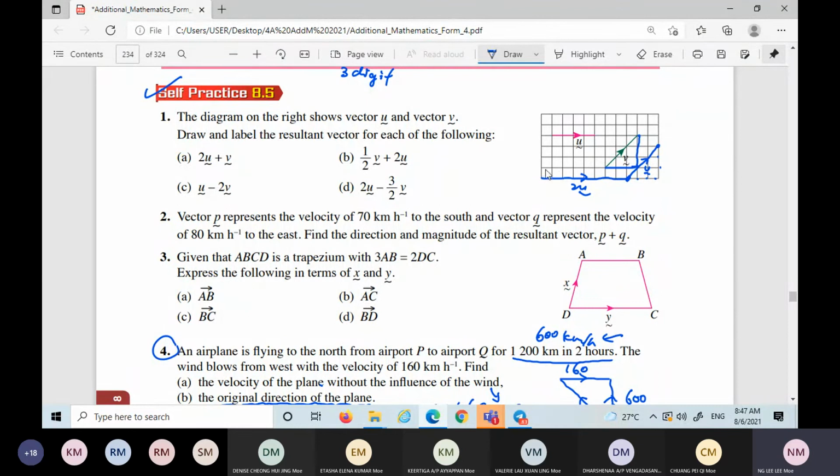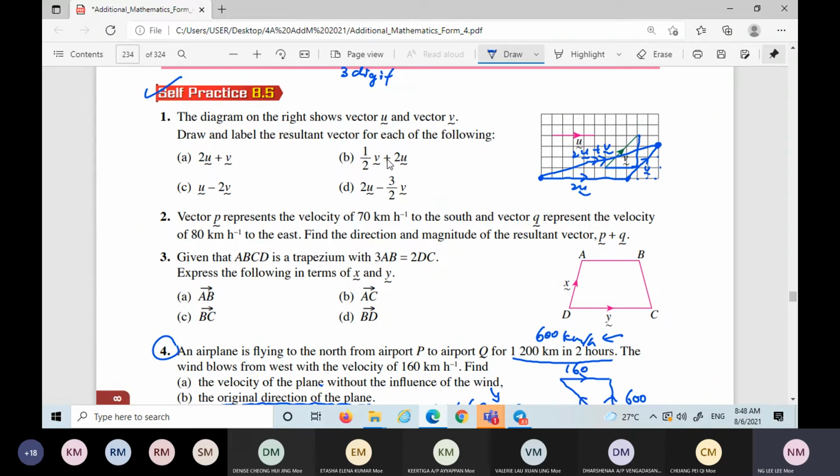So resultant vector will be starting point of the first vector to the ending point or the terminal point of the second vector. So from here to here, use ruler, draw double, and label it 2u plus v. So this is A lah. But the B and the C and the D